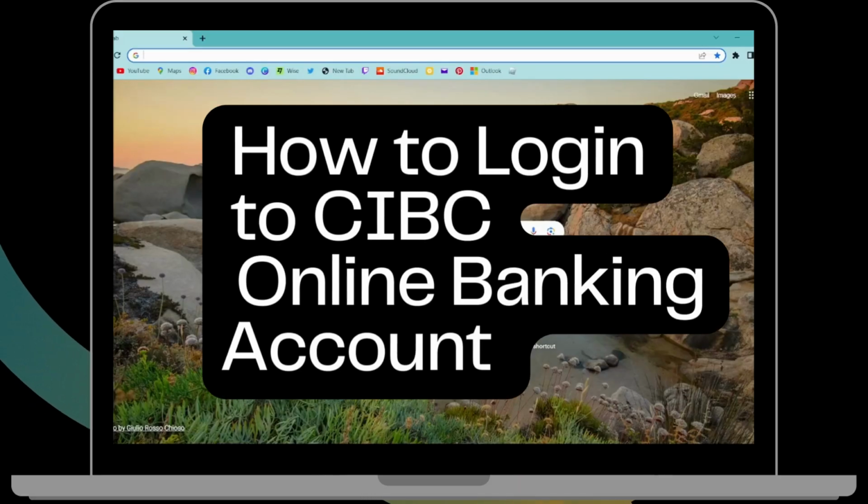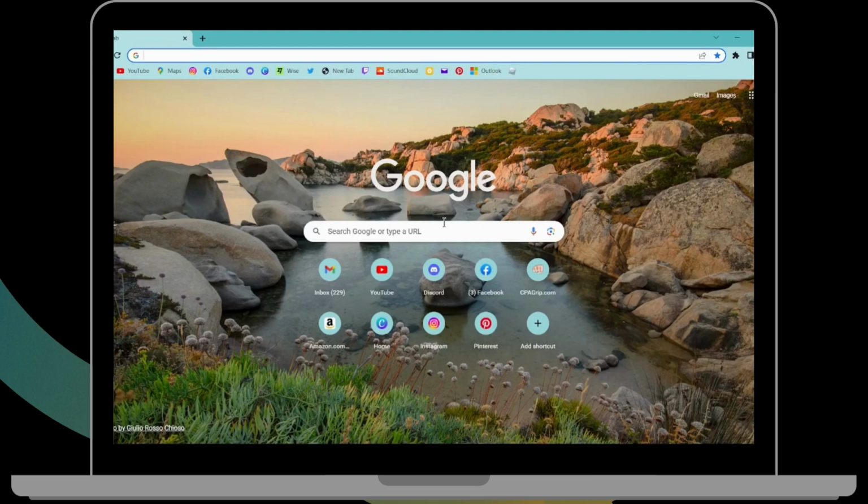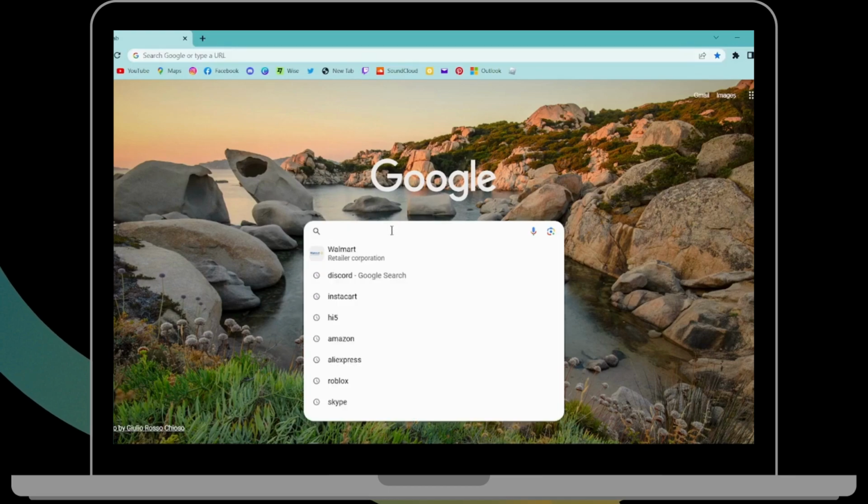How to log in to CIBC online banking account. So if you want to log in to CIBC online banking account, then first of all you have to open up a browser, any browser that you are comfortable with. I'm here with Google Chrome browser, and now in the search bar you have to search for